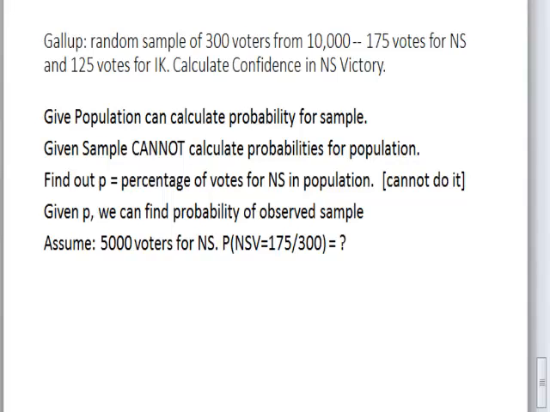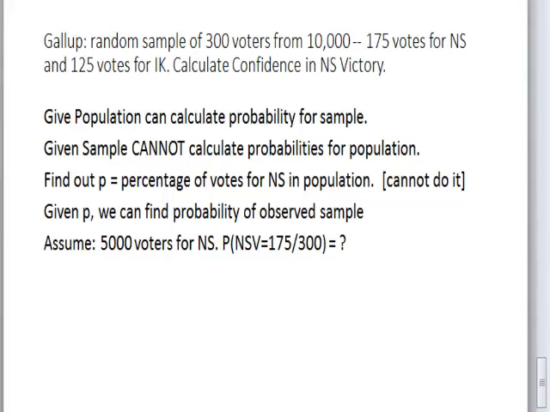Anyway, so we take a random sample of 300 voters. In this sample, we go and ask everybody, who are you voting for? And so we find that 175 people are voting for Nawaz Sharif in our sample, and 125 people are voting for Imran Khan. So now,